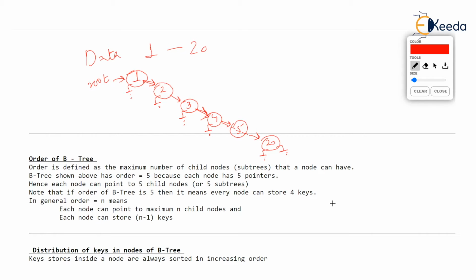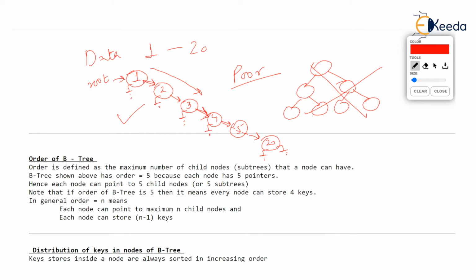This is really, really poor performance. This is poor because the nature of a binary tree, where both legs, left and right, are used efficiently, is not at all used here, isn't it? Only the right leg is increasing. Will you call this balanced? No way. This is unbalanced. All leaves may not be at the same level. Basically, one leg increases and the other branch is not at all utilized.